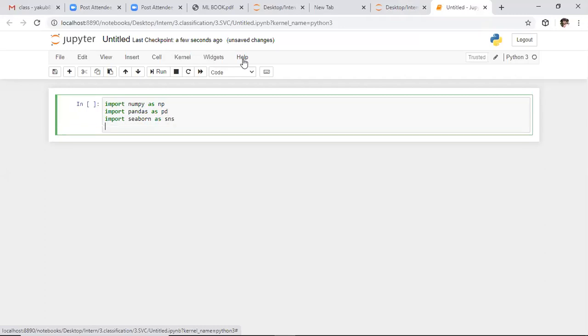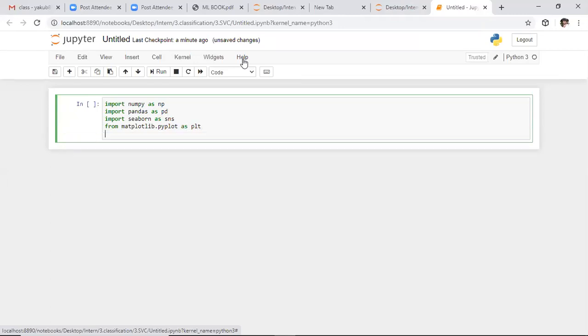So from matplotlib.pyplot as plt. Here I'm importing essential libraries, and here I'm saying %matplotlib inline. So here we imported the essential libraries.